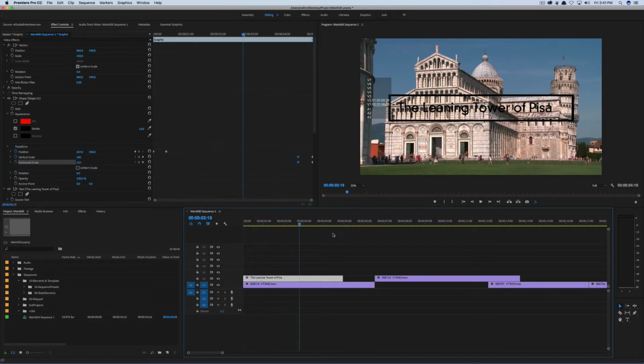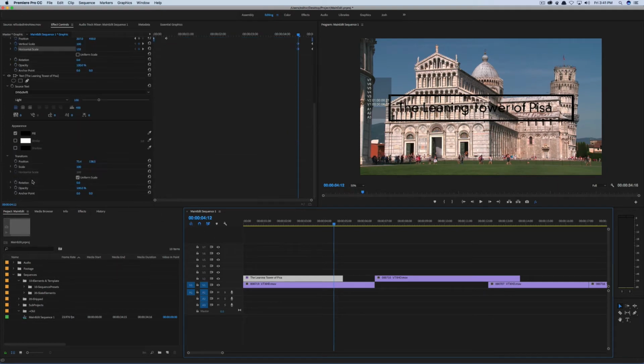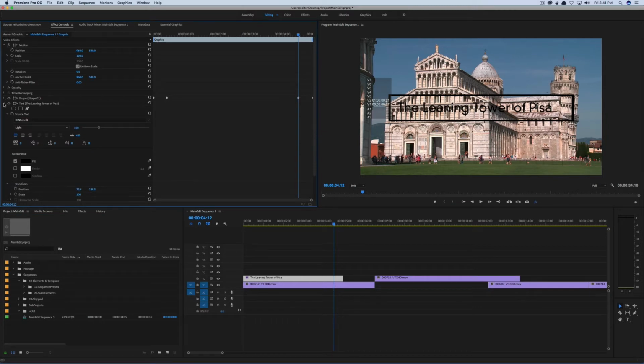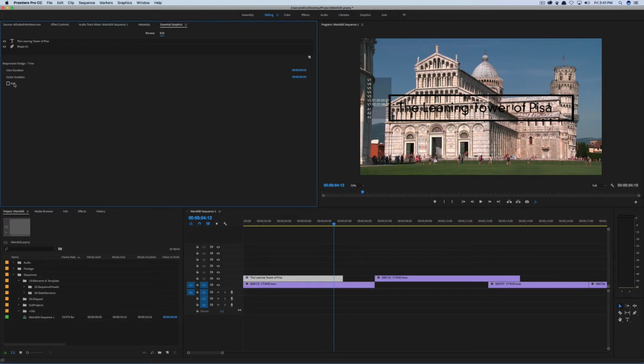So it will just animate on and then scale out, which is honestly doing some weird behavior with the pinning here. So that's something I'd have to figure out a little bit later. But I just want you to see how another new feature works, and that is the intro and outro feature. So if I come back to the Essential Graphics panel and I set an intro duration of 10 frames, because I know that's how long my keyframes are, and an outro duration of 10 frames,